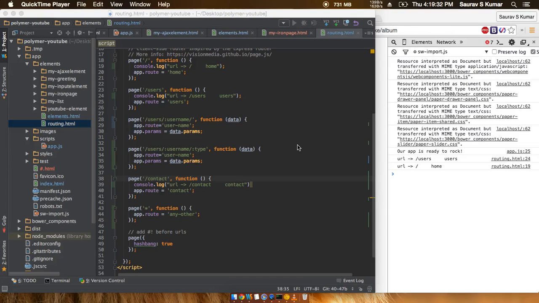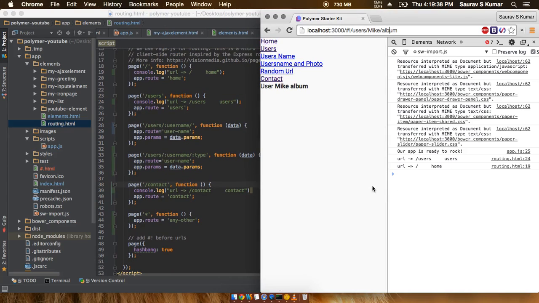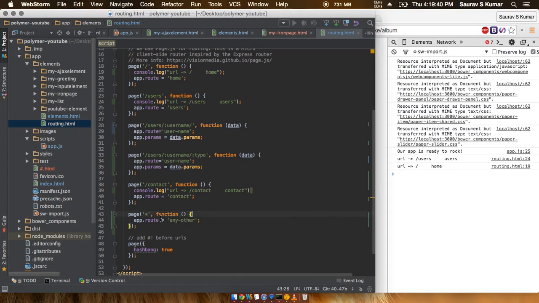Okay friends, welcome back, and in this tutorial I'll show you one other type of mapping that can be done in the case of routing, and I'll first show you the function itself. In place of this URL, like earlier we used to map it to /contact or /users or something like that, I have just mapped it to a star, where star stands for anything.